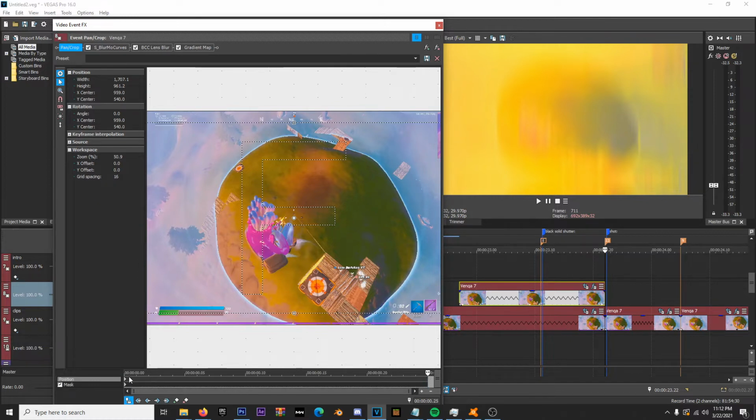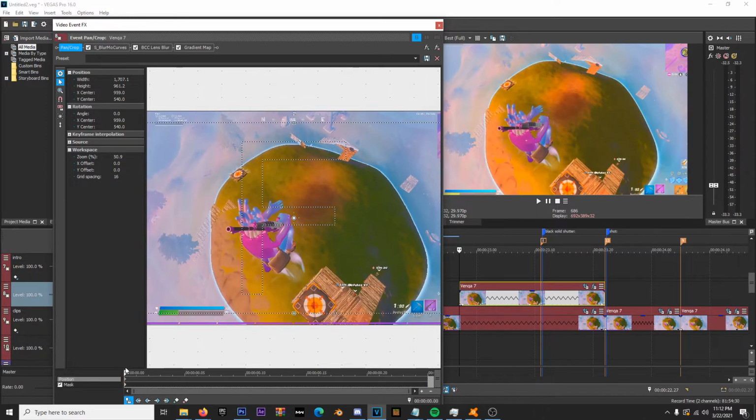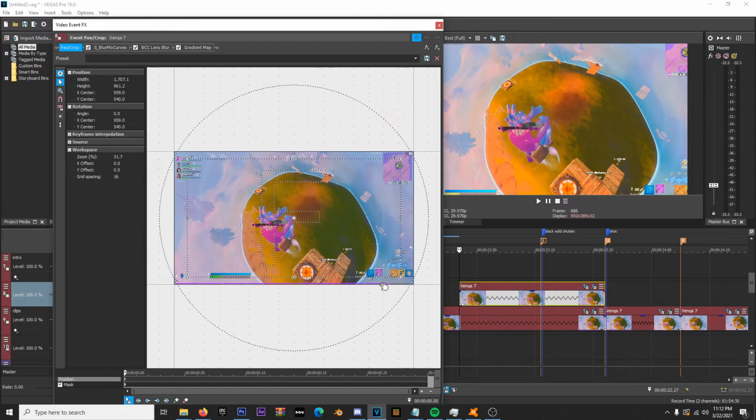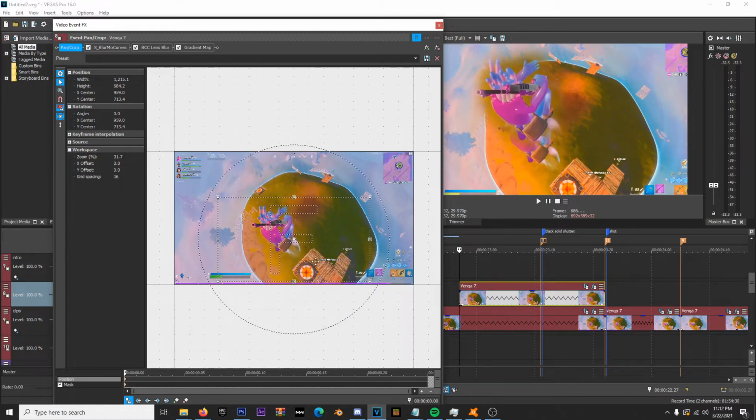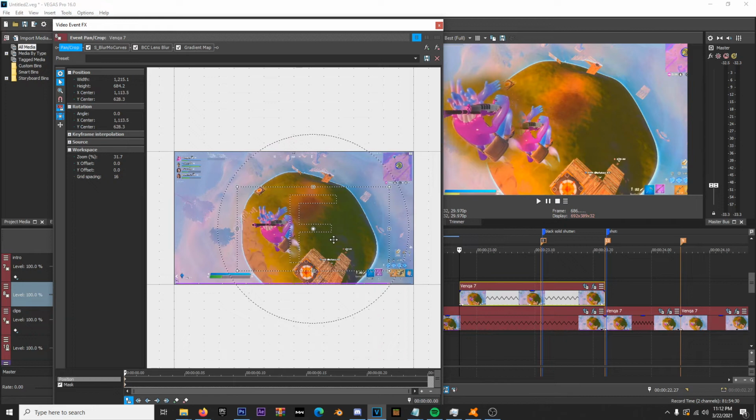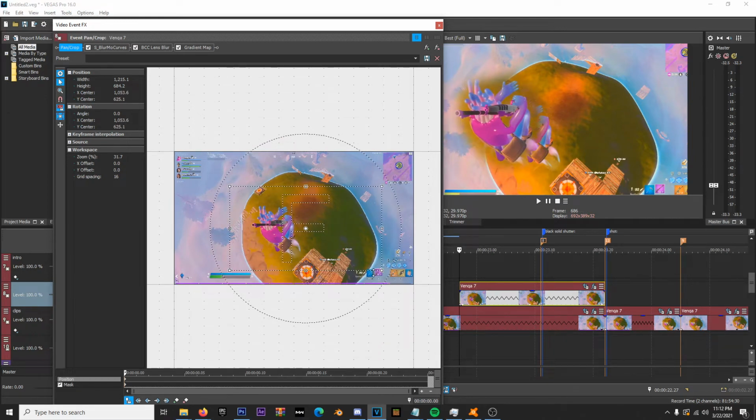The pan crop is going to be very specific. So you're going to go to this first point, and what you're going to want to do is zoom in. Always make sure that size about center and lock aspect ratio is selected. You're going to zoom in a little bit, right? As you can see, it's getting bigger, and I like to go a little bit above the character, something like that, but I'm going to zoom in a lot more,